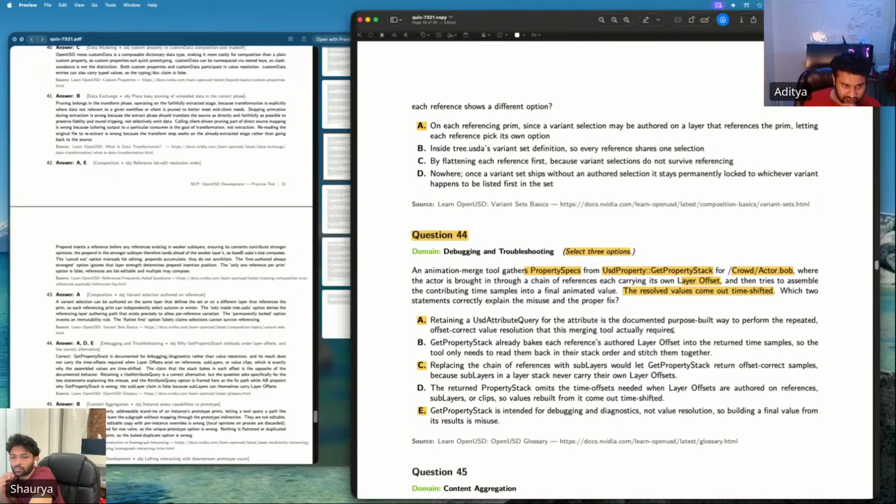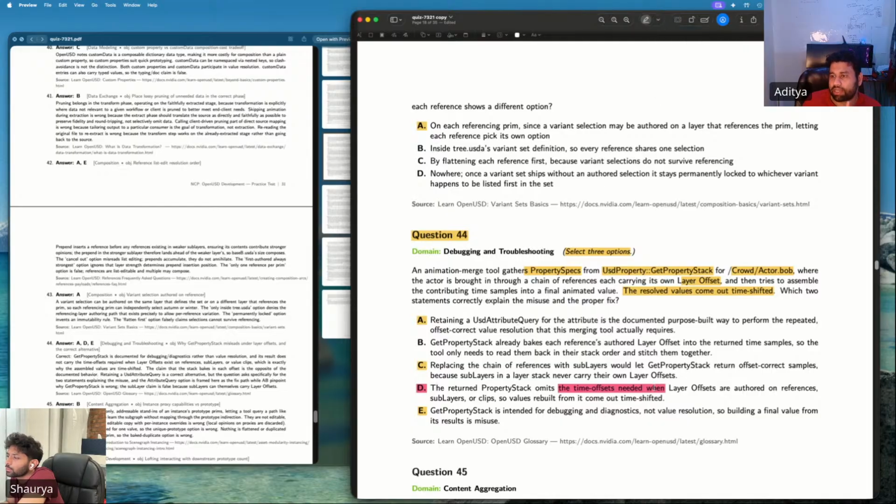Replacing the chain... And what was the answer? A, D, E, right? Yeah. The returned property stack omits the time offset needed when layer offsets are authored on references. Yes. Okay, now I get it. So yes, D would be the correct answer. But where are we using property stack?